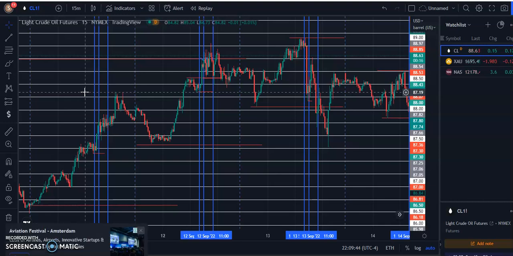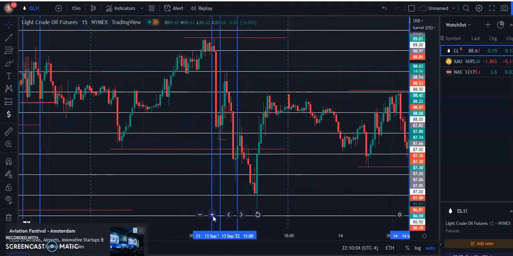It's simple. The simpler your trading process is, the better you are at trading, because you don't have complicated things. So this is oil, and